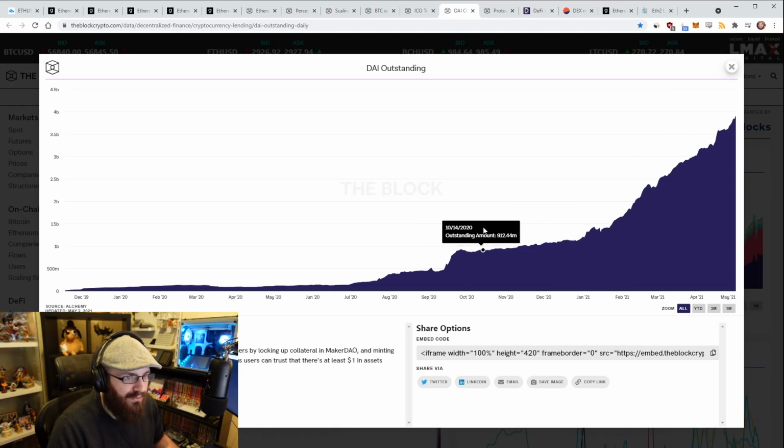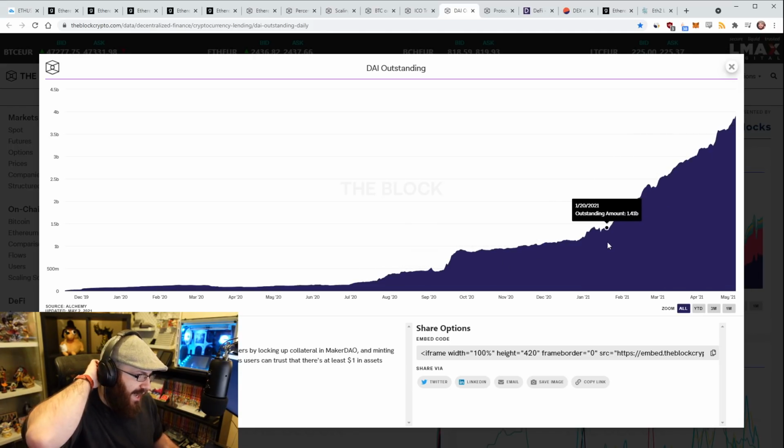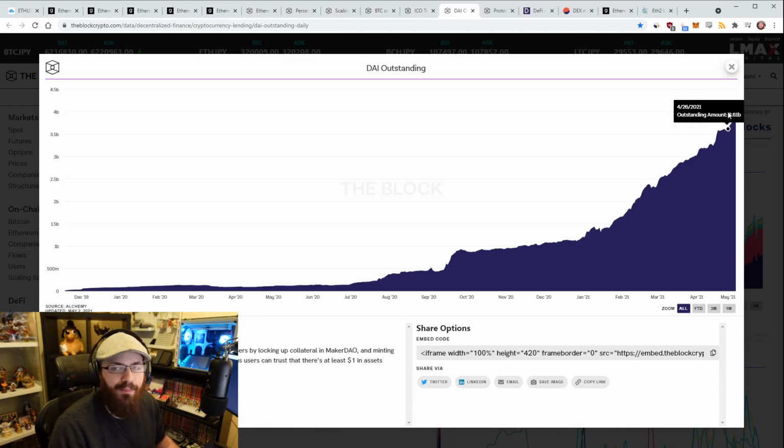And it was steady growth for a while, but then it just exploded up. And this is after DeFi Summer too. And it just shows that the hunger for stablecoins is really there. And DAI being a decentralized stablecoin is even better. USDC has had some incredible growth, of course, and obviously Tether and stuff like that. But seeing DAI continue to compete and grow has been really great.